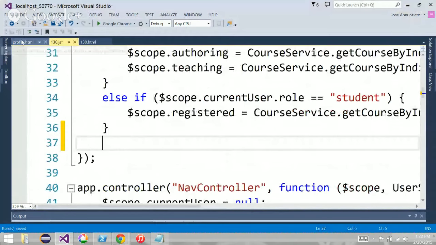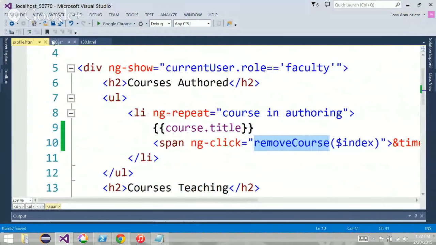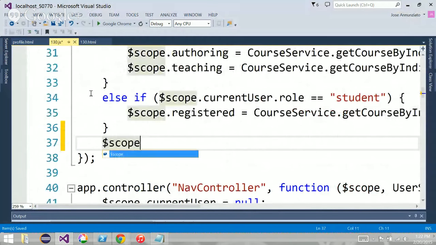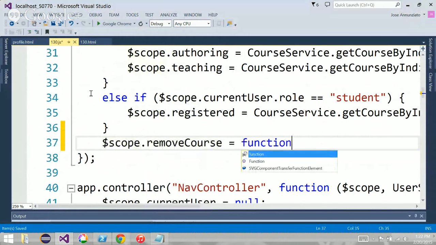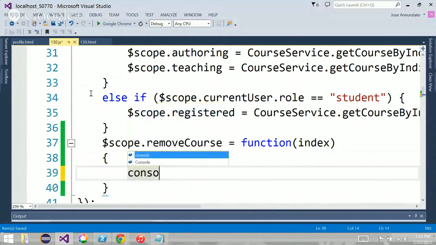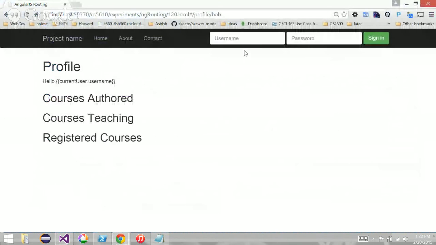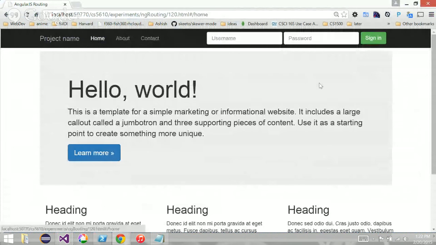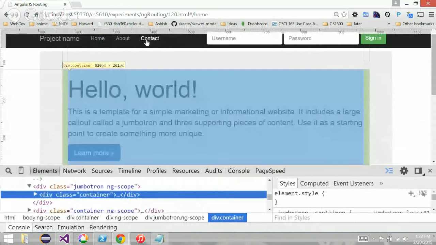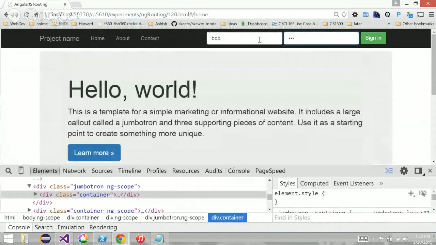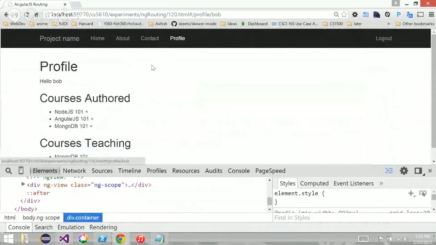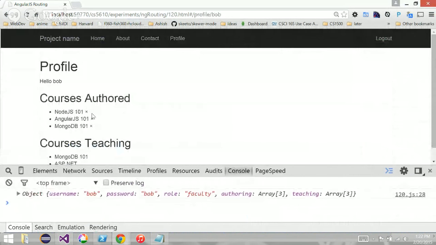Remove. What do I call it? Did I call it remove? Yeah, remove, right? And so this is going to be scope.remove. It'll be an event handler that receives the index of what I want to remove, right? So console. Let's see that I can remove it. Let me go home and refresh, and let's see that I can see the console. Login is Bob. Sign in, profile, and as I click here,